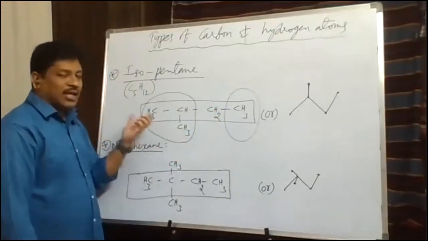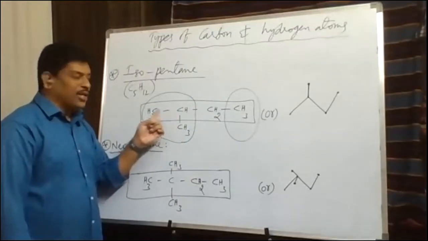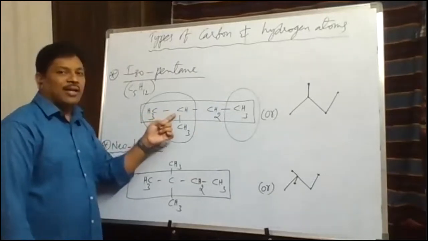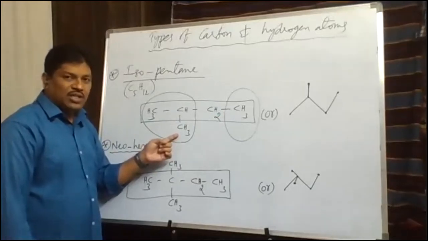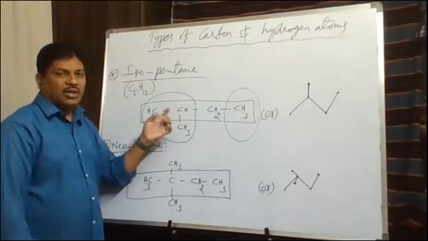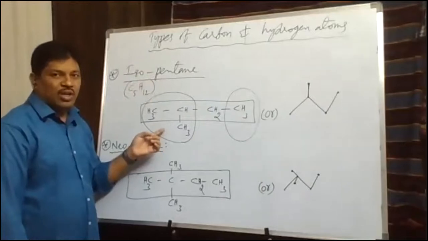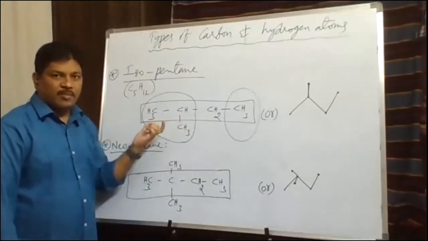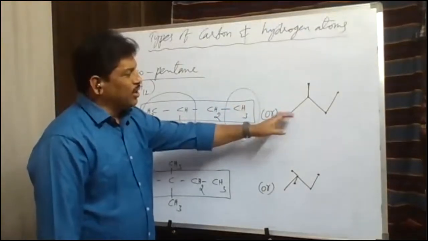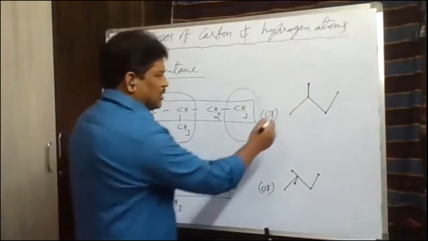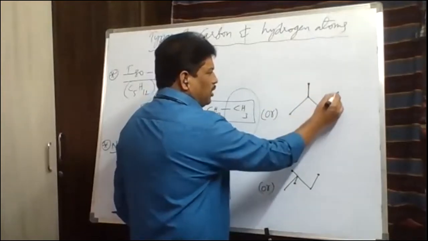Now in this case, we can also say that the last but one carbon, that is the second last carbon, has one methyl branch. If one methyl branch is present on the last but one carbon, that is also called iso. So isopentane, C5H12, can be written in this structure, and for this structure, we can write a bond line structure. In this bond line structure also, we can say CH3, CH3, CH2, CH3.